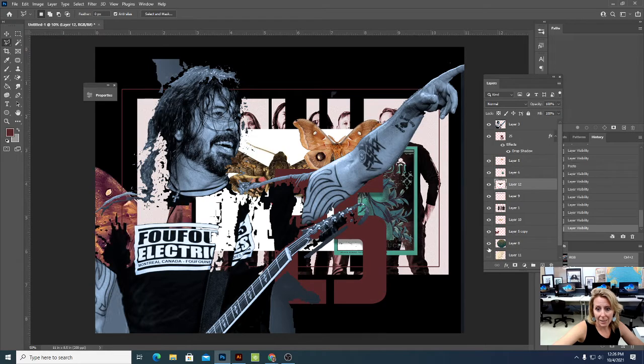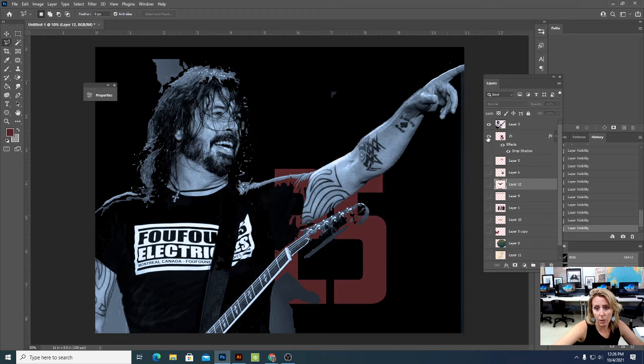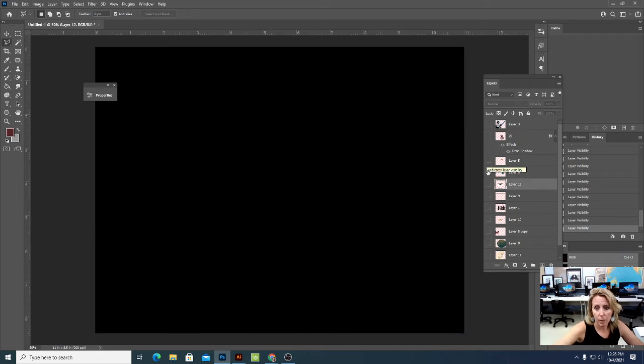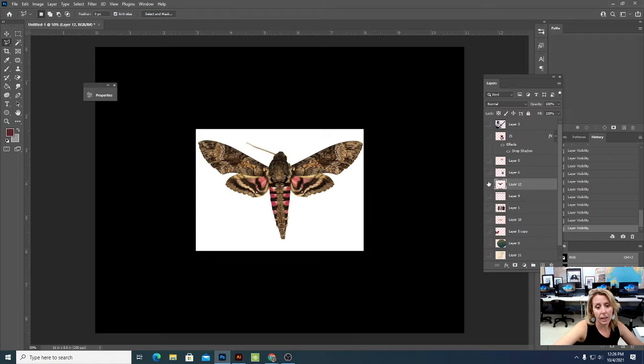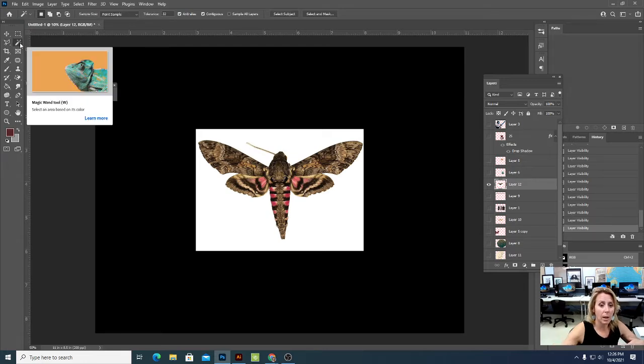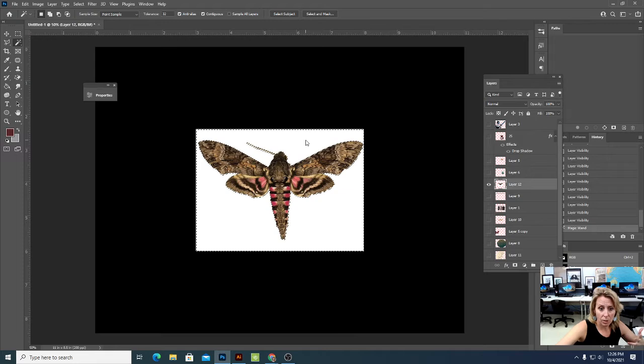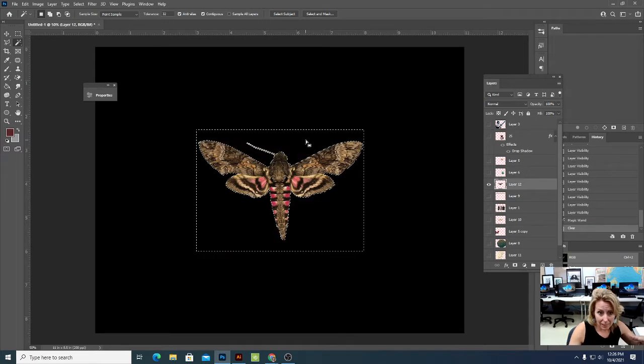As you can see, I have lots and lots and lots here. You may or may not use these. You're just starting to get all of your images onto your board. Then the next step is to decide how you're going to make selections or make use of these. Now, I can leave this intact and leave the white square out, or I can decide I want to get rid of the white around the moth using one of the selection methods I know how and hitting that delete key to erase it, or